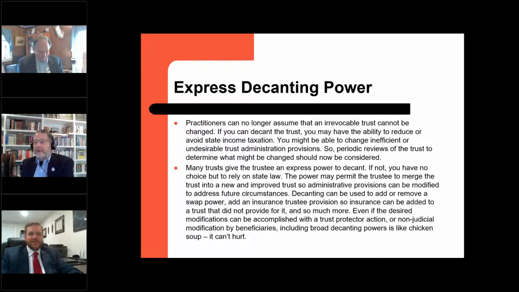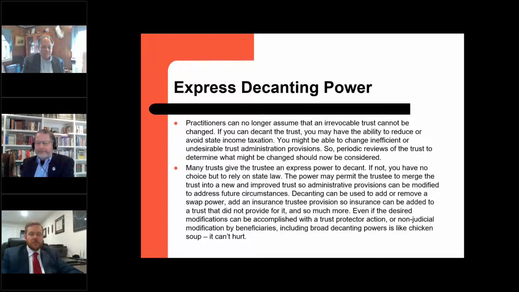Apropos to our topic, folks, of trust administration, the existence of decanting statutes, I think, Jonathan, you said 40 states. I know it's the significant majority. Many trust instruments include decanting powers, and even if your state doesn't have a decanting power, you may be able to change situs and governing law of a trust to a state that does have a decanting power and decant it under that state's law. So the point is that it changes trust administration, I think, profoundly from what it was 10 years ago, 15 years ago,